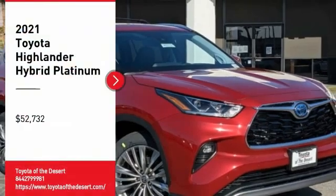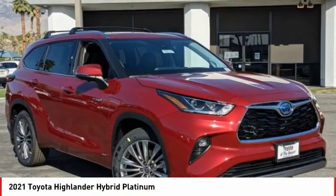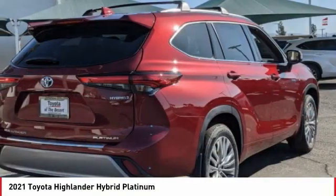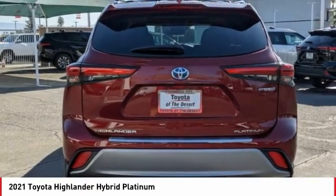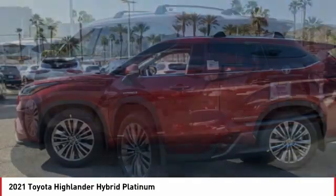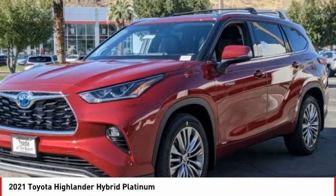Looking for the right vehicle? Check out the 2021 Highlander Hybrid. The Highlander Hybrid is equipped with the standard 3.3-liter V6 270 horsepower hybrid engine that achieves 27 miles per gallon in the city and 25 miles per gallon on the highway, offering a spacious interior, smooth ride, and refined hybrid